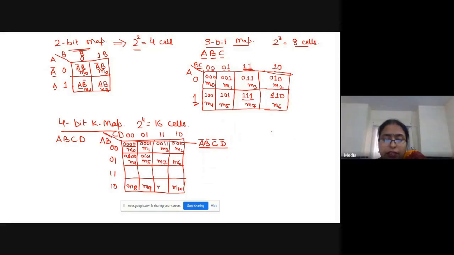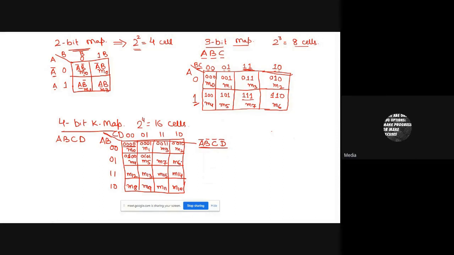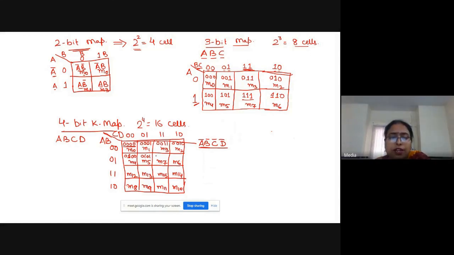M10, M11, this is M12, M13, M14, and M15. And min terms, you know, this is M6, and you can also write it down from here. It is 0, 1, 1, 1. 0, 1, 1, 0.